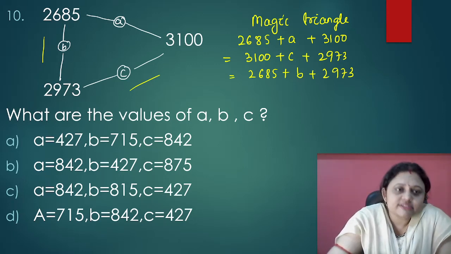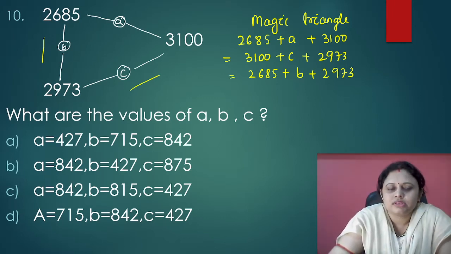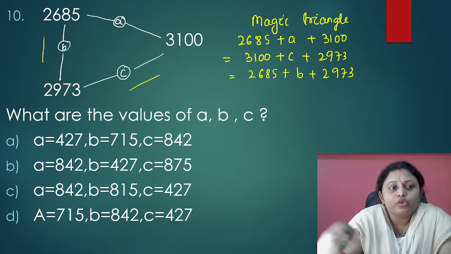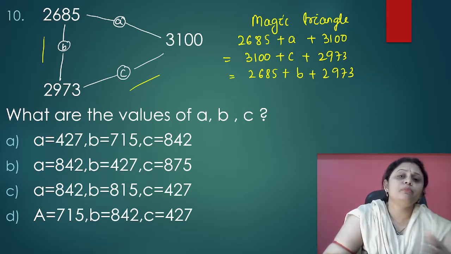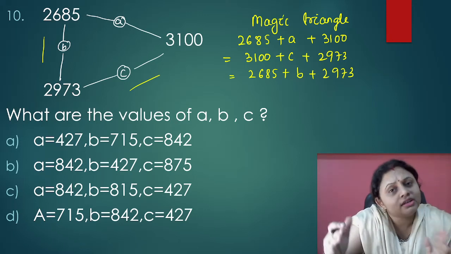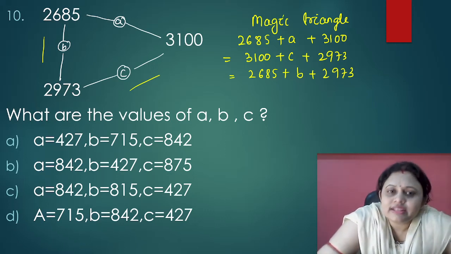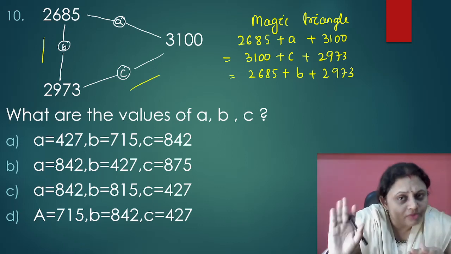So I suggest you, if you get this type of question in the exam, you just skip. Otherwise you will spend 10 minutes here and you cannot attend 8 to 10 questions. Okay, because in Olympiad exams we have to attend the question, we have to make it correct, and also it has to be done in a particular time period. Okay, there is a limited time. So in this type of question which takes much more time, you keep it to attend in last.